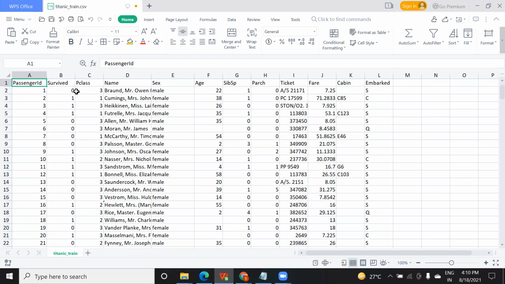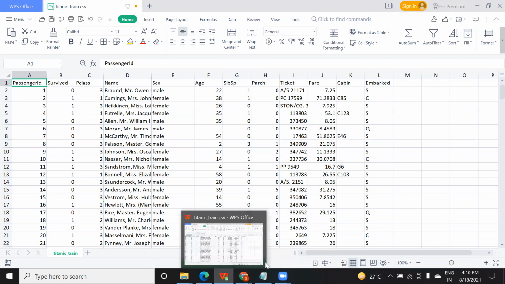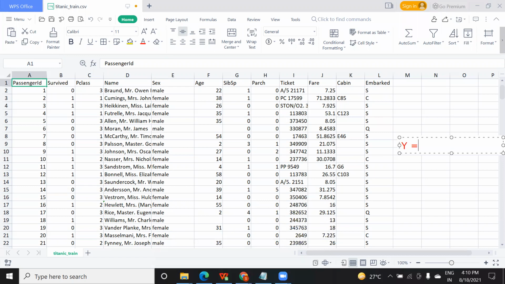If you remember, I explained how you represent your formula. y is your target variable, b0 plus b1x1, where x1 is one input feature, b2x2, and x2 is one more feature.